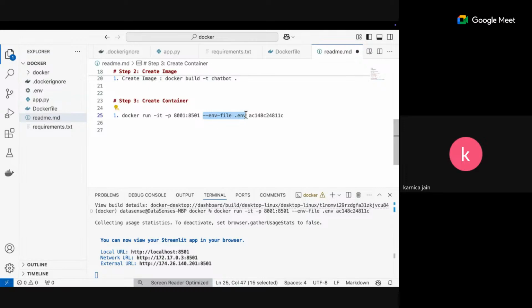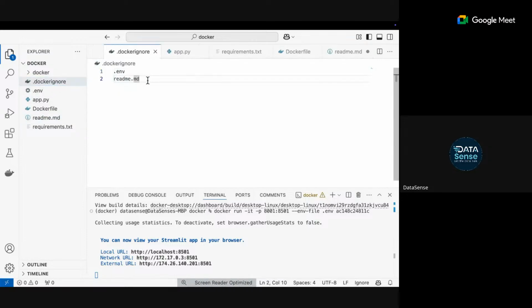So we are basically passing the same file which we had ignored? Yes, there are two separate things. We removed the file while creating the image, because an image I can share with you, and you can share with someone else.